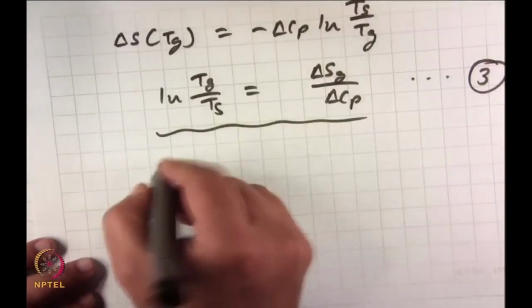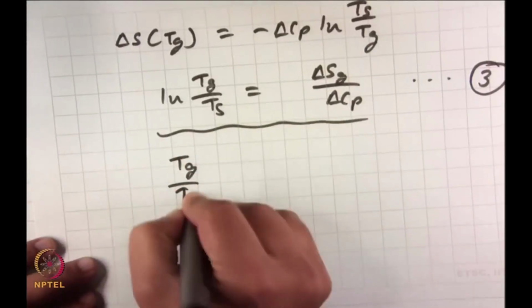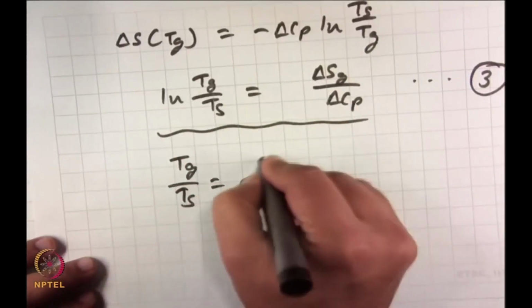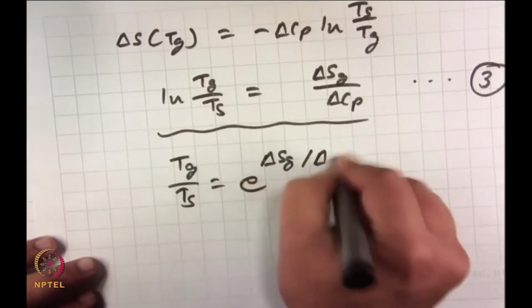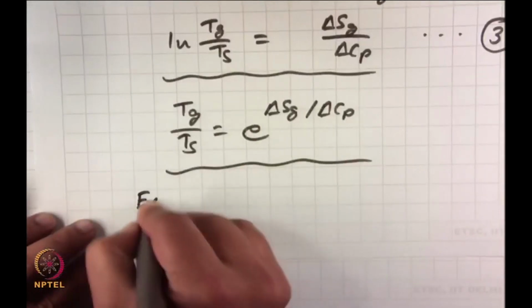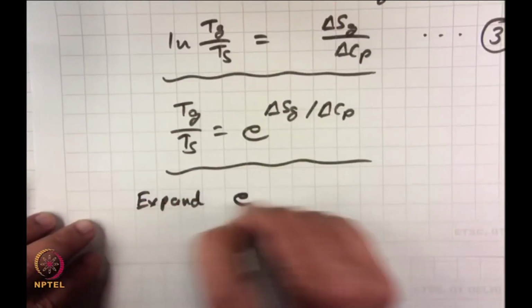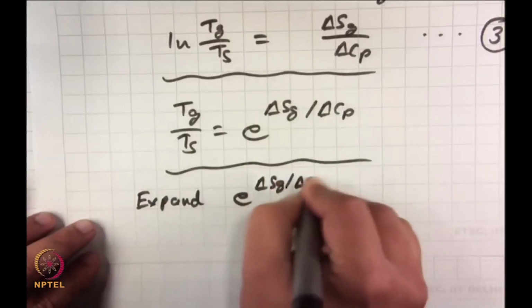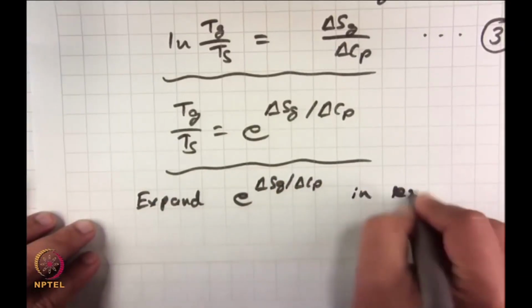So, this we have not done, then I can write T g by T of S is equal to e to the power delta S g by delta C p, right. I can write this too. See, I have to simplify it, I have to get a very simple relation between T g and T s, because last time, just before this, the equation number 6 was a relation between T h and T g. So, we need a relation between T s and T g. Okay. So, what we will do is, we will do an expansion, that means expand e to the power delta S g over delta C p in series form,